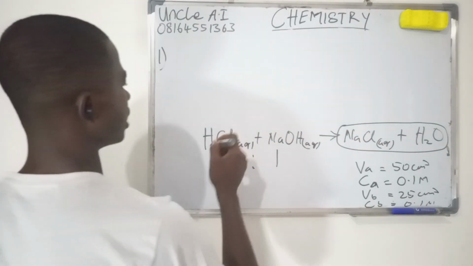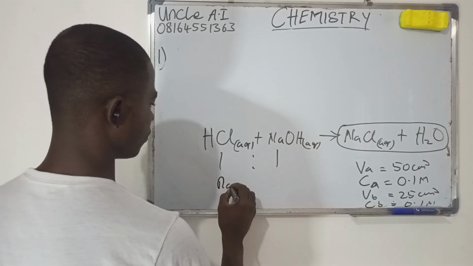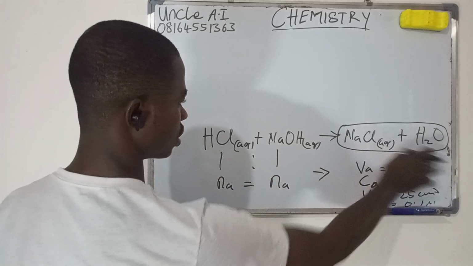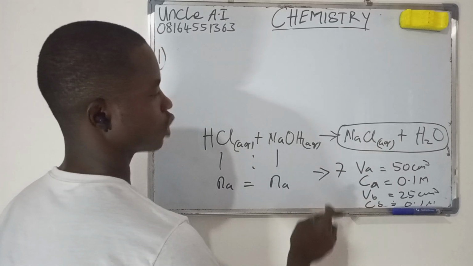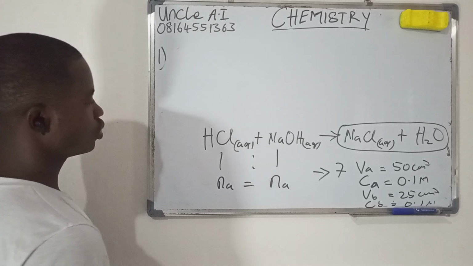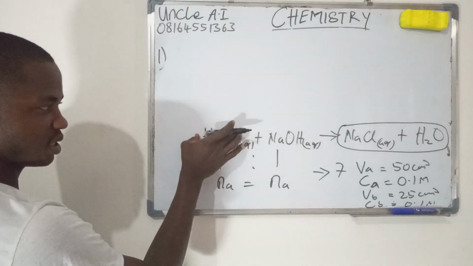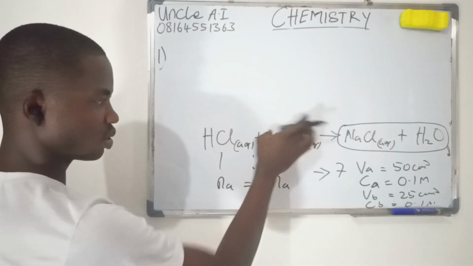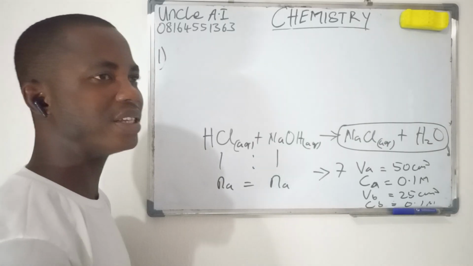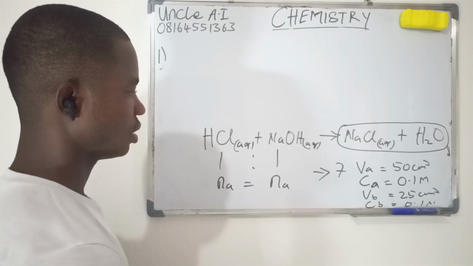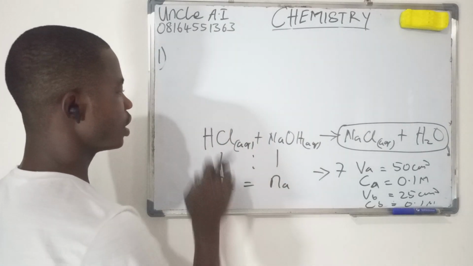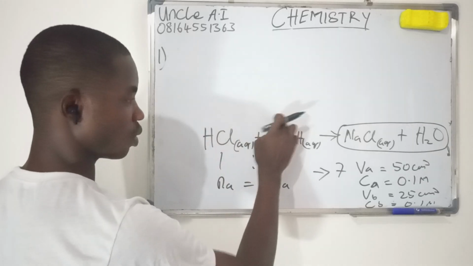Knowing fully well that the amount of acid must be equal to the amount of base for the pH to be 7, or neutral, all we need to do is to calculate the amount of acid and the amount of base and see if there is any excess. Now, since the ratio is 1:1,